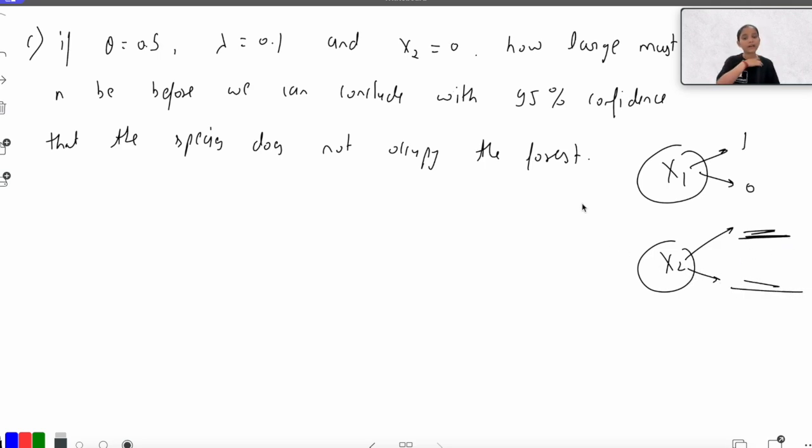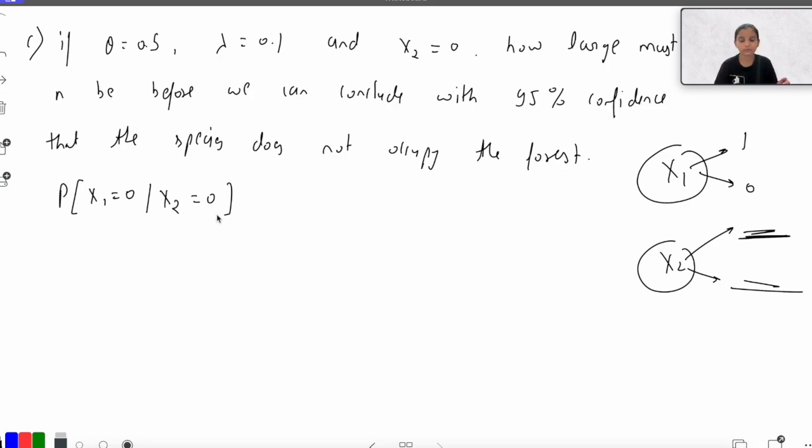So if I am not getting any sample of that species, then what sample size should I have so that I can say with 95% confidence that the forest is not having that particular kind of species? So we are asking probability x1 is equal to 0. That means what is the probability that we can say the forest is not having any species, given that we have collected the sample and we did not get any